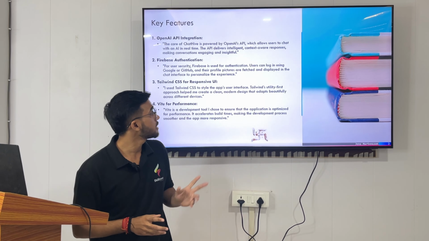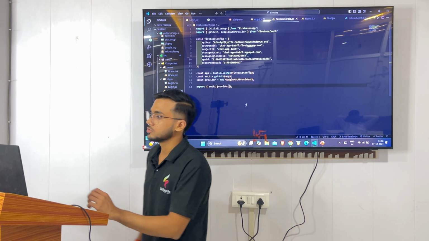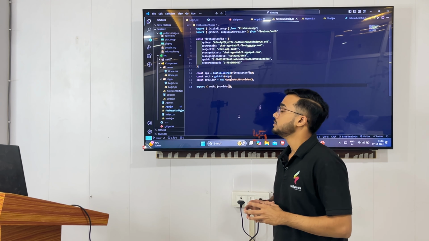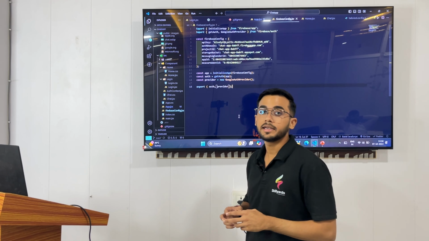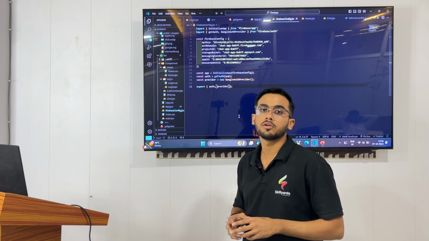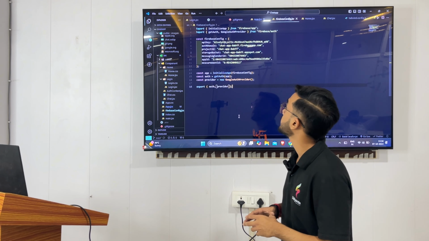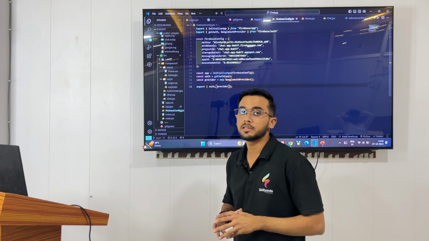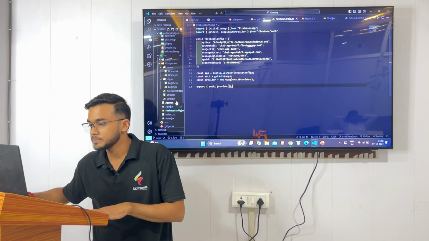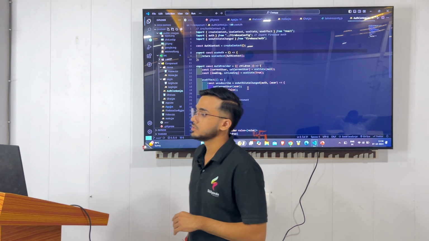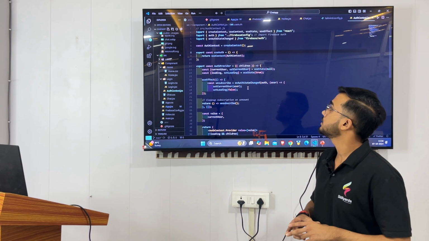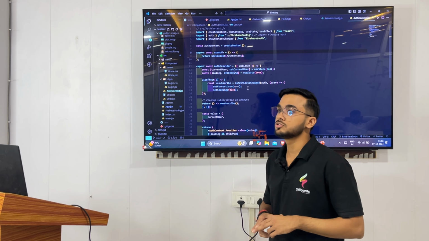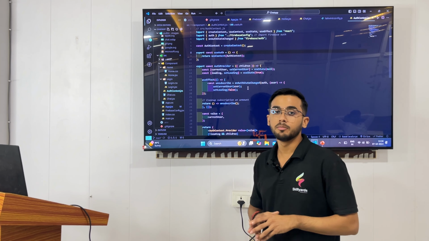Now I will show you where I use these key features in my code. So this is the Firebase config file, and these credentials I take from the Firebase. When I created the account on Firebase, then these credentials like API key, auth domain, project ID, storage bucket, etc. are provided by the Firebase. Then this is the auth context file. Here I used use context, which is a global object, and it is basically used to change the state from parent to children.